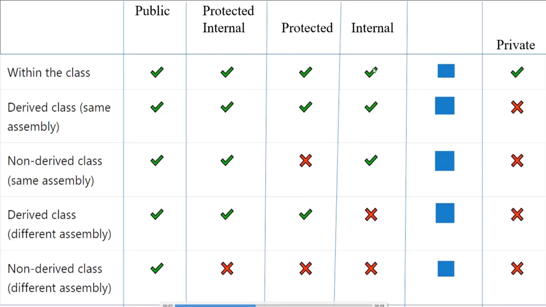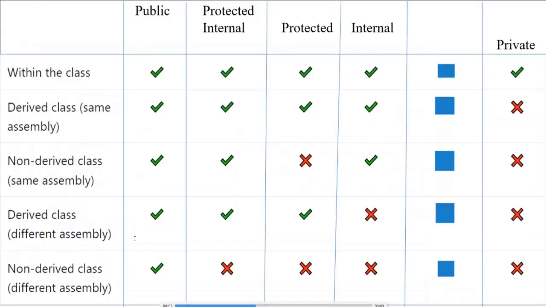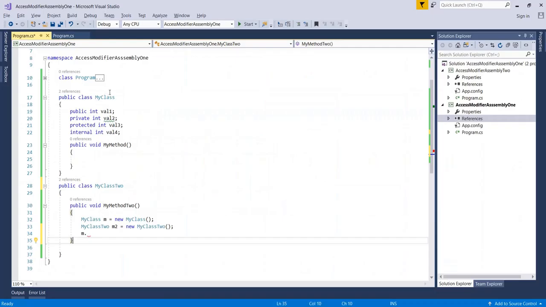So in one word if I describe it, it means that an internal variable or internal method, or whatever is internal, will be accessible anywhere in the same assembly. Okay, anywhere in the same assembly, anywhere it will be accessible. Now we have seen public, private, protected, internal. Now protected internal. Okay, so first within the class,